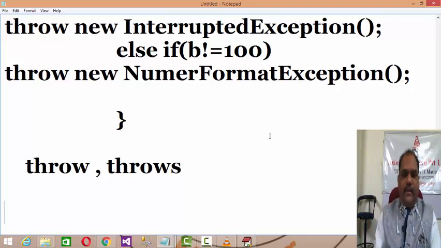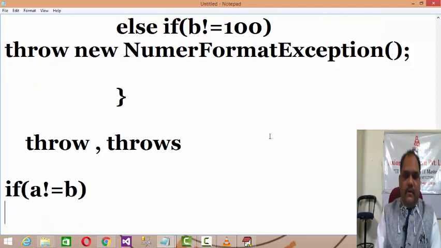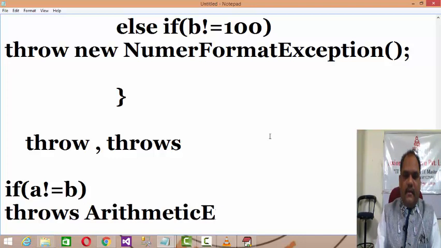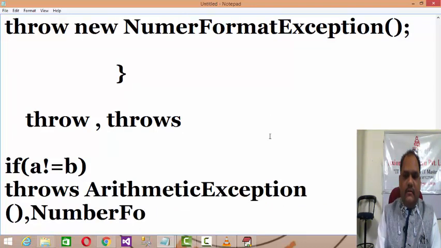Let's understand that this is a wrong statement: if A not equals to B, then throws arithmetic exception, comma, number format exception, right?